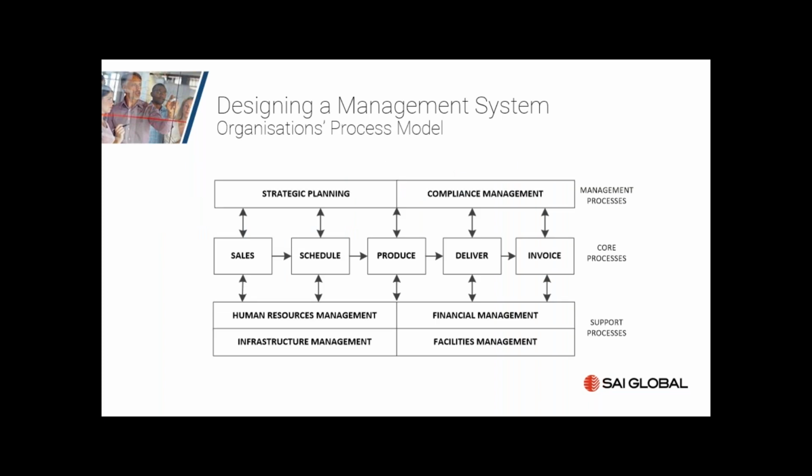The organisational process model. So step 4 in designing a management system is designing a high-level process model view. This diagram represents a typical process model based on the value stream of whatever the product or service that is being provided. Note the core processes have been identified, and alongside them exist the management processes and the support processes that must be in place so a business can consistently deliver the output to the end users and make sure it's to their satisfaction, it's their customer satisfaction that's paramount.